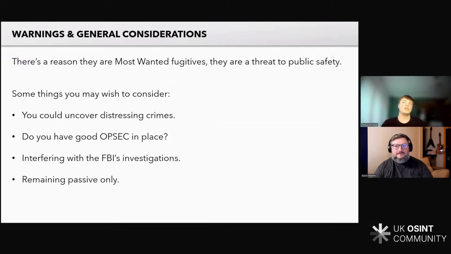So some general warnings and considerations before we get into this. There's a reason these people are on these websites. They are most wanted fugitives, and they are generally seen as being a threat to public safety. So some things you might want to consider before deciding to get into this way of practicing is that you